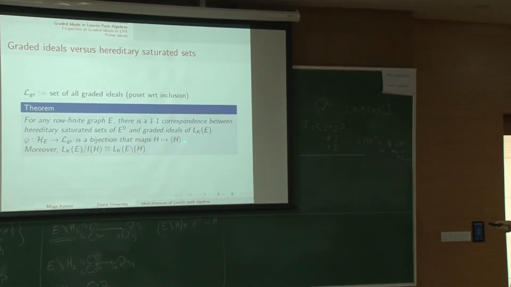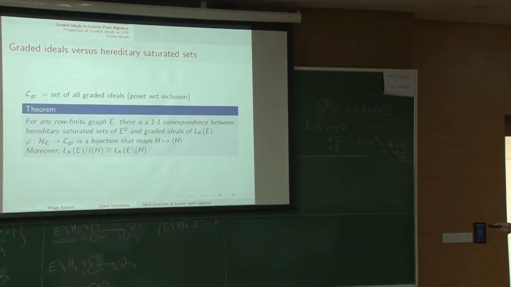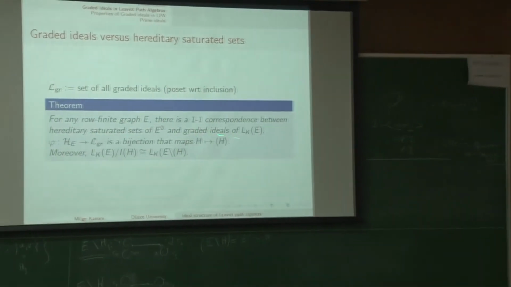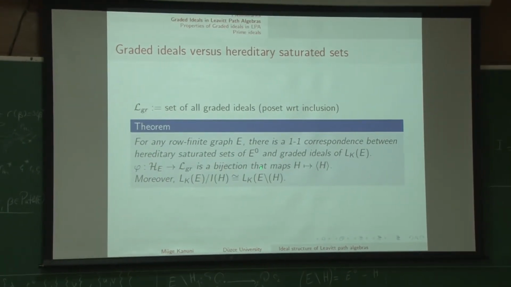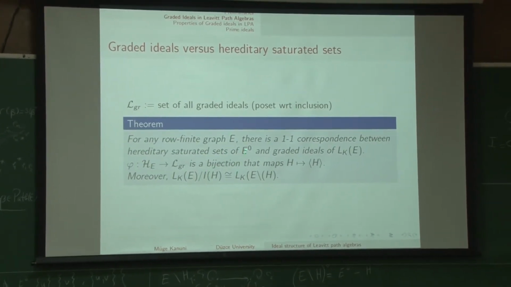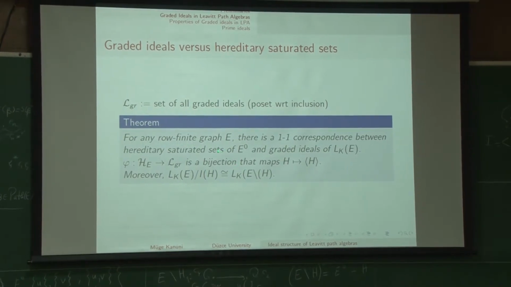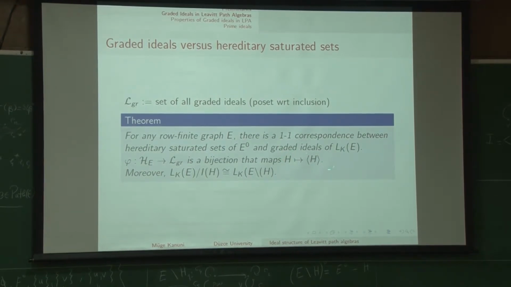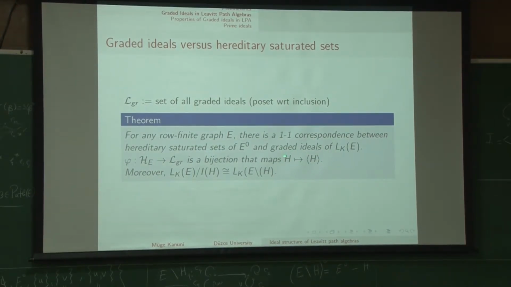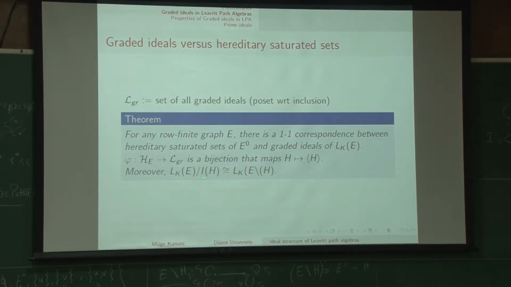This theorem is actually a very nice tool because it tells you that all possible graded ideals of the Leavitt path algebra can be retrieved by looking at all the hereditary and saturated subsets. There is a bijection with every H, and each graded ideal is basically generated by that. And moreover, if you quotient